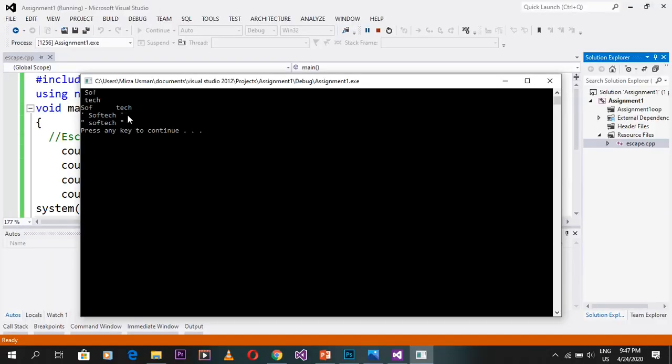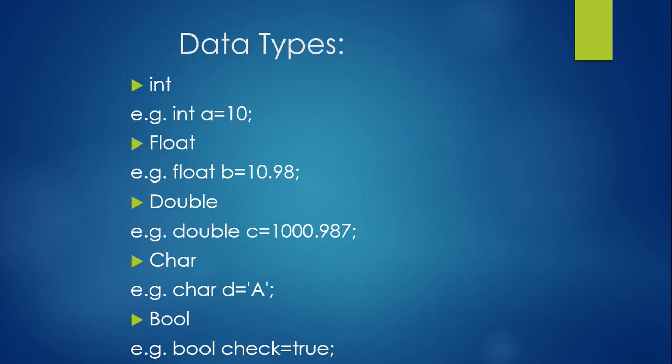So that's all. Now let's discuss data types. There are different data types used in C++, and the important ones are those we have discussed here. First is the integer data type. If you want numbers without decimals, you can use the integer data type. You probably used int, float, double, char, and boolean types. The integer type is a data type of numbers where decimal numbers are not included.